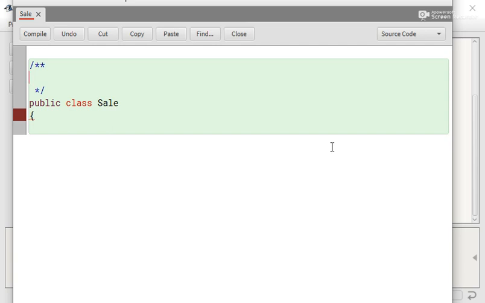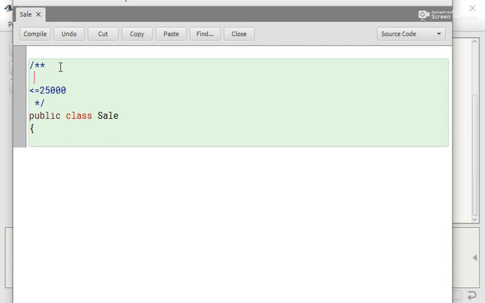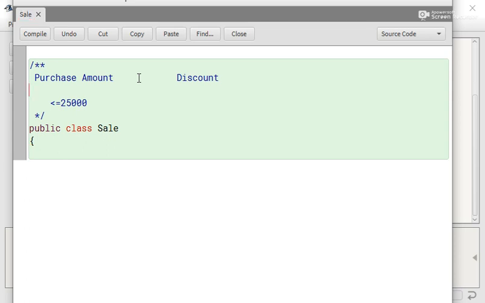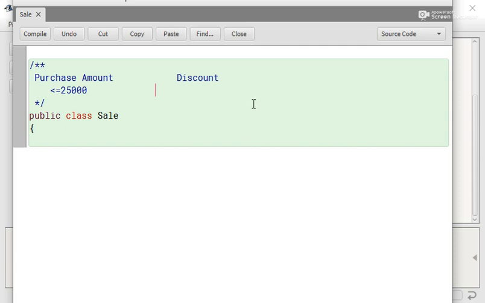Suppose if purchase amount is less than or equal to 25,000, then discount should be, suppose 5%.